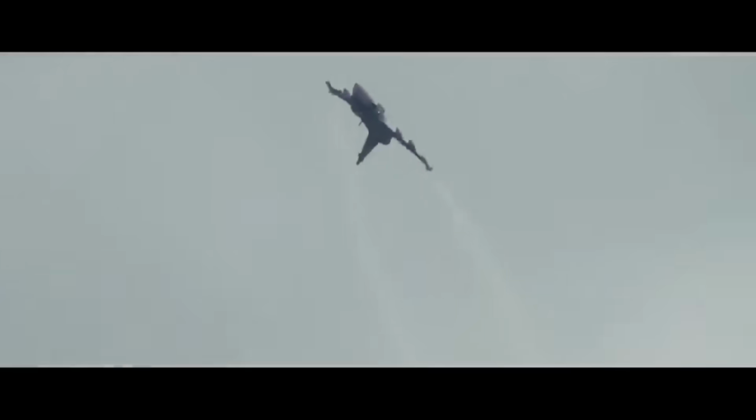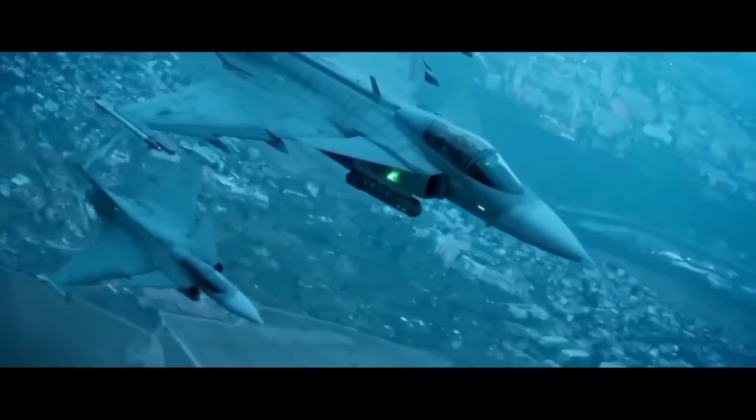It can dogfight with the best of them, it can drop bombs with pinpoint accuracy, and it can spy on things from a great height. It's the Swiss Army knife of the skies, born from a country that famously doesn't go around starting fights but absolutely wants to be ready to finish one. Saab, the company behind it, decided to build a jet that was smart, nimble, and didn't require a national lottery